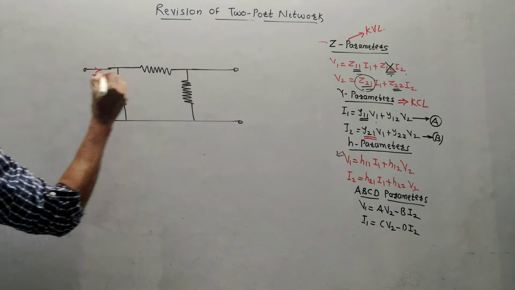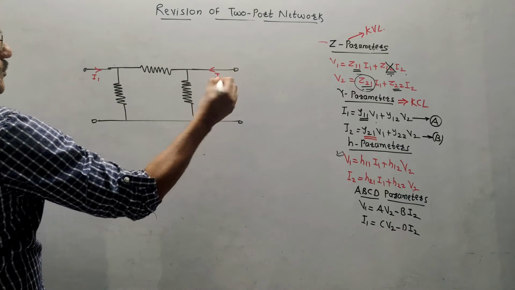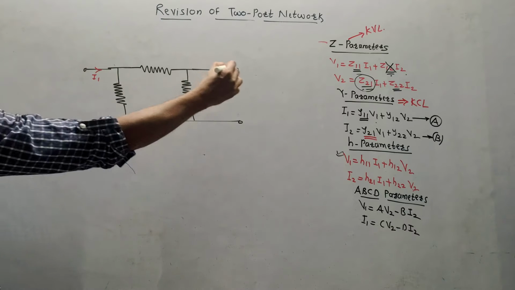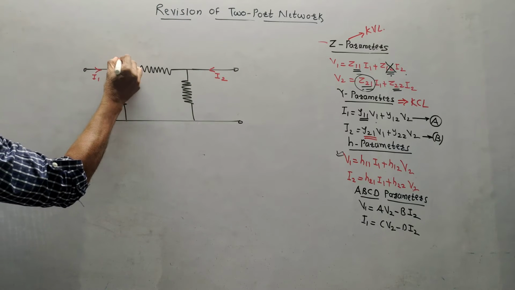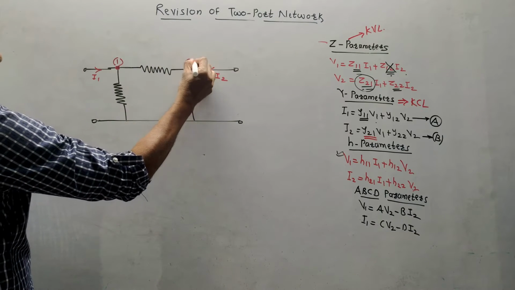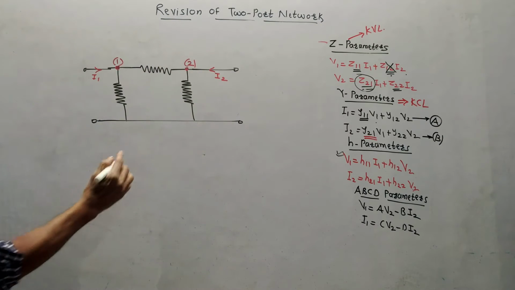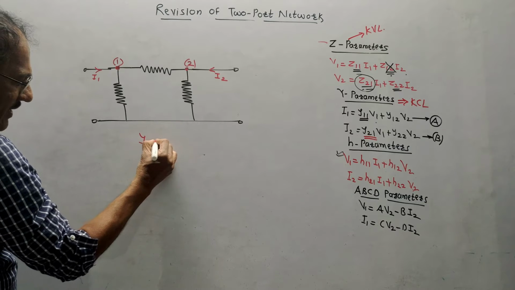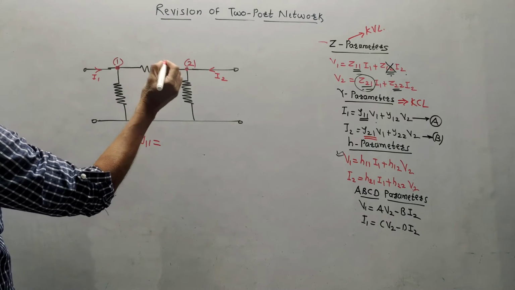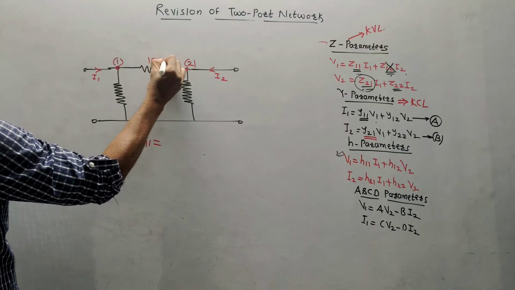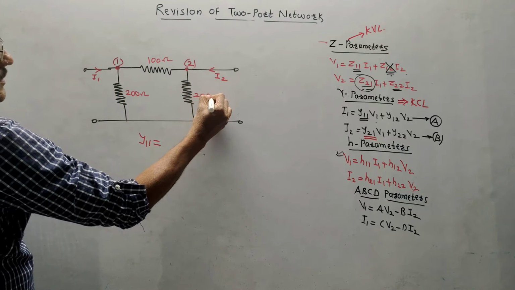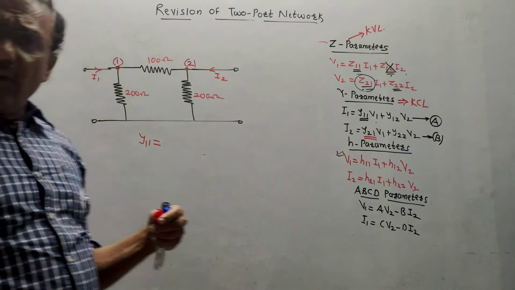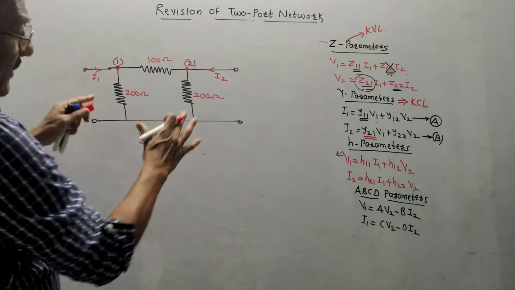This is the incoming current I1, this is the output current I2, this voltage is V1, this voltage is V2, and so on. There are two nodes. This is node 1, this is node 2. By default, the bottom line is connected to ground. So for the formulae, I will assume certain values, say this is 100 ohm, this is 200 ohm, this is 200 ohm. If it is required to calculate the Y parameters of this network,